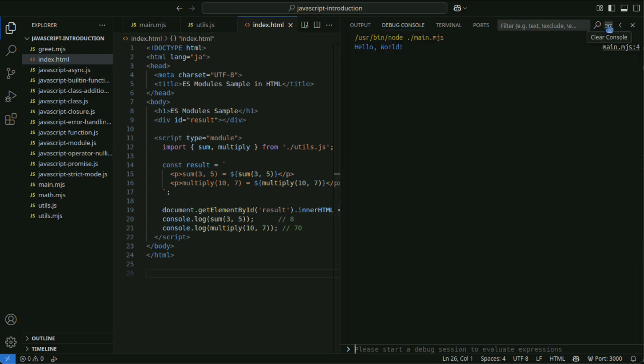CommonJS is a module system mainly used in Node.js. Modules are exported and imported using module.exports and require. In CommonJS, module.exports is used to export modules. Also, require is used to utilize modules from other files. Modules can be exported in CommonJS as follows.